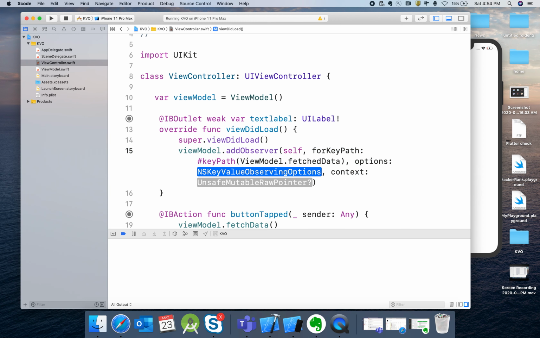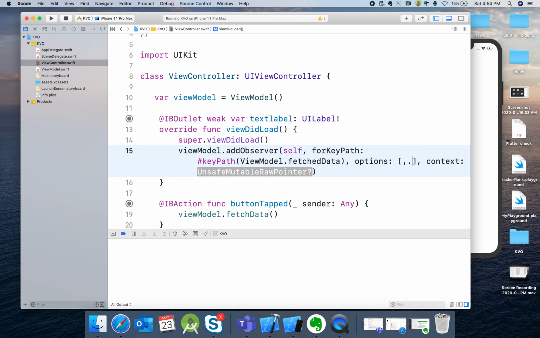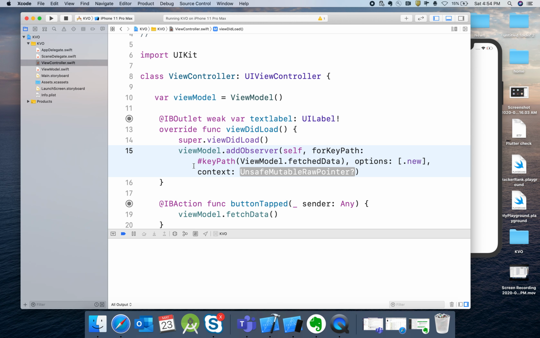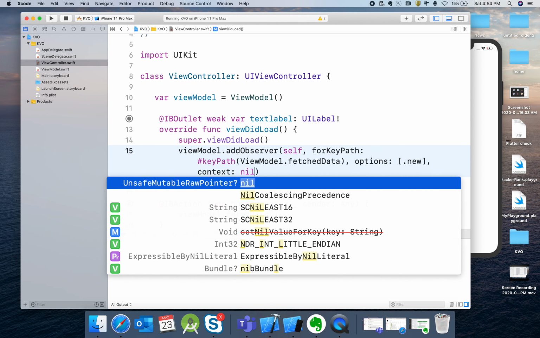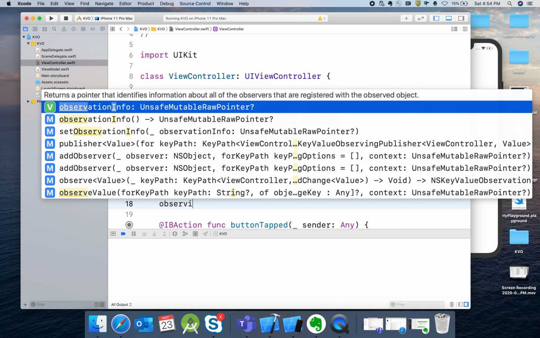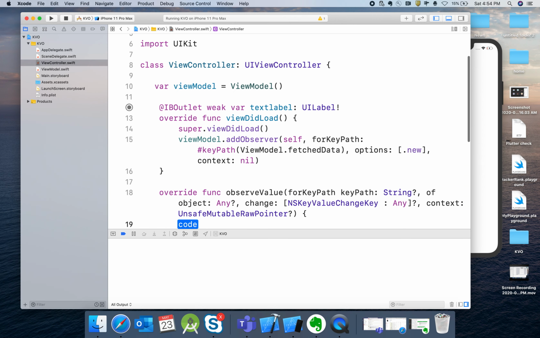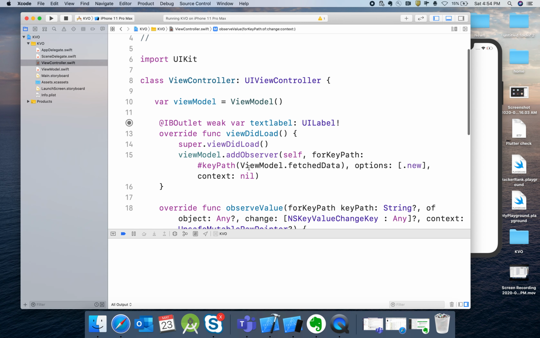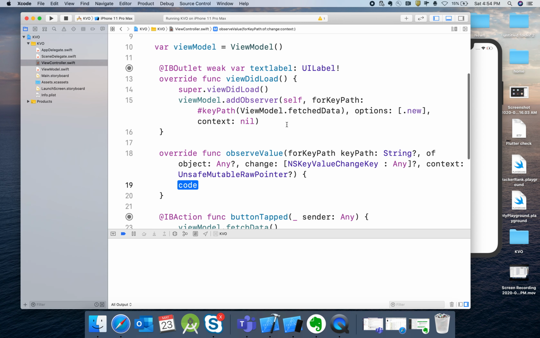Options can be anything, so I can just give dot new, since I'm only interested in the new value, and context can be nil. Then I'll have to override a method, which is observeValue. Here, using this change object, I can observe the changes. I'll directly use that change object and assign the value to my text label.